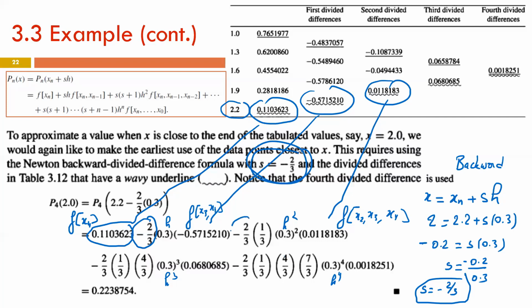Okay, this is s. This is s plus 1. This is s plus 2. And so on. So this is the idea of backward difference when our point of interest x here is not one of the nodes. It's the point where we don't know the output and we want to calculate an approximate value using the interpolation polynomial. And here it's better to focus close to the point, so to use backward.